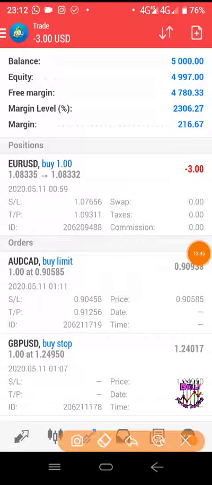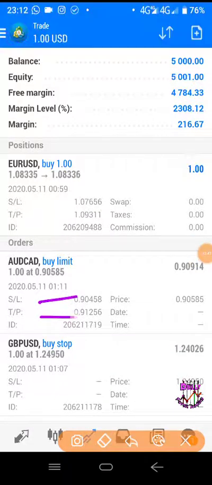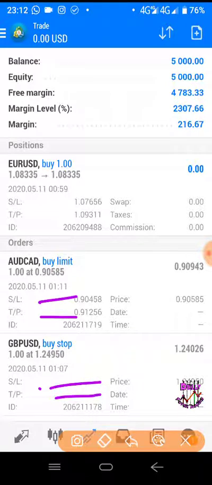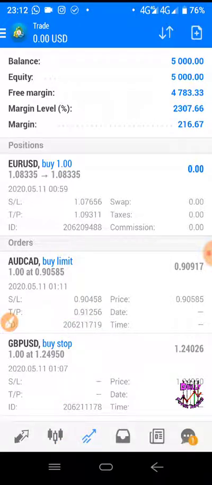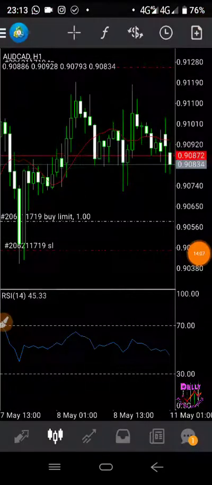Before moving on, as you can see here, we have stop loss here and we have take profit. We didn't put it here. So please always use stop loss and always use take profit, please. Thank God this one is a little bit going up. Let's see if it's going to go up a little bit. I will come back for that. Okay, before that,